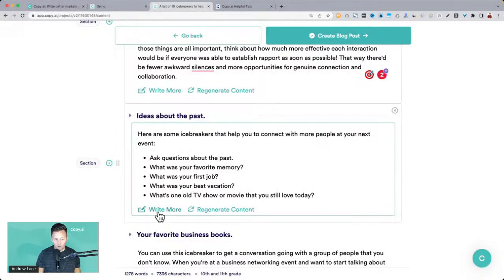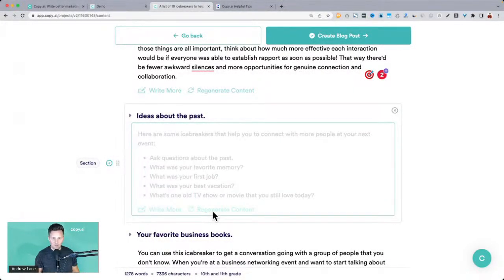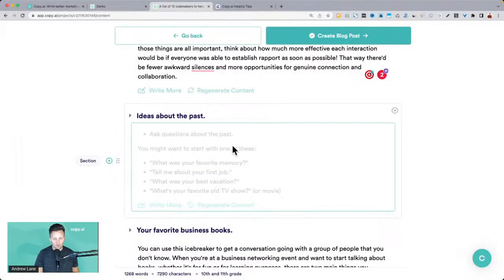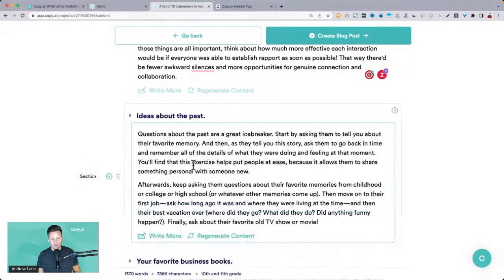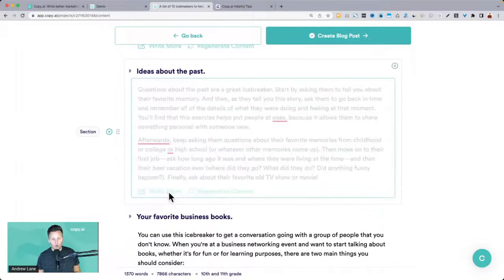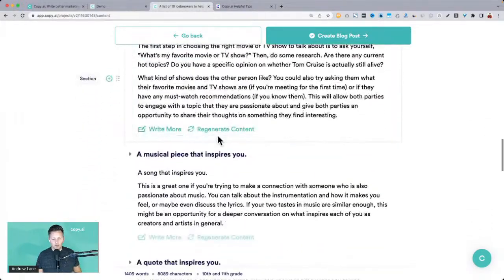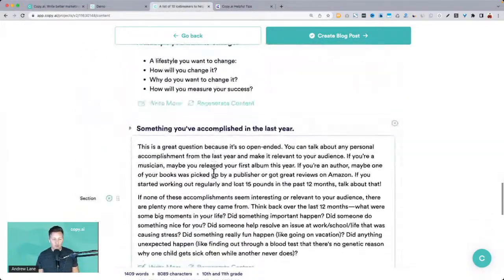If you don't like that, you can either write more or regenerate to get a different style of writing here. So each of these sections now you can expand. I wanted to write out a little bit more conversational style. Here you go. You can even have it write more if you wanted to expand on that as well. Business book. So it came up with similar stuff we saw earlier, but this is a whole process to write it up. And now the conclusion,